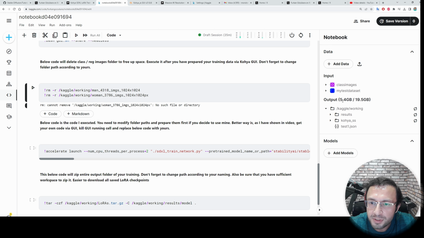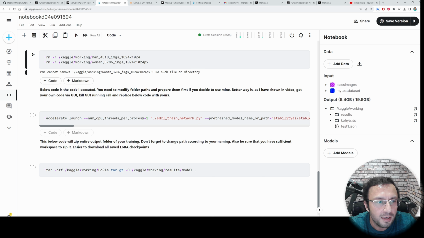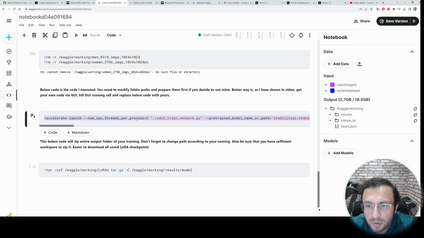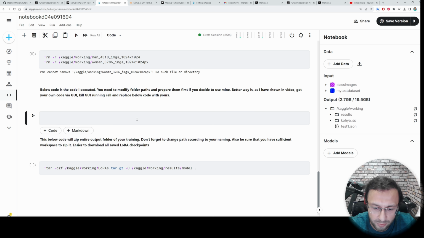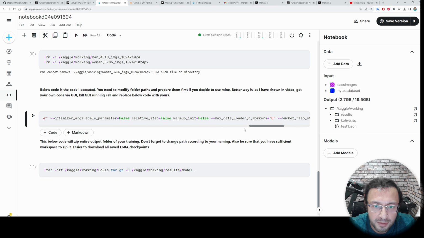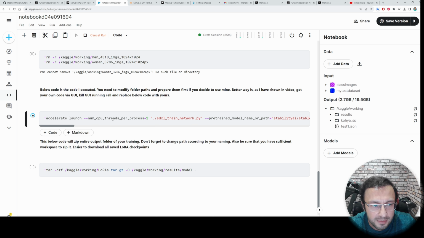So when we refresh it, it will get refreshed soon. After that, we are going to execute the command from here. So put an exclamation mark at the beginning, paste the command that you have copied and click this cell. This cell will start training. You see my currently used hard drive space is also reduced to 2.7 gigabytes.